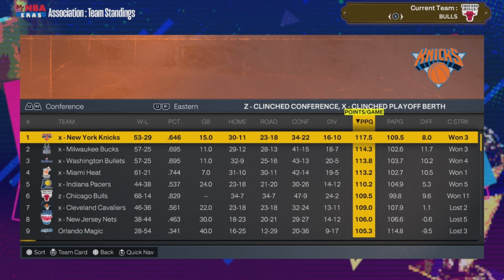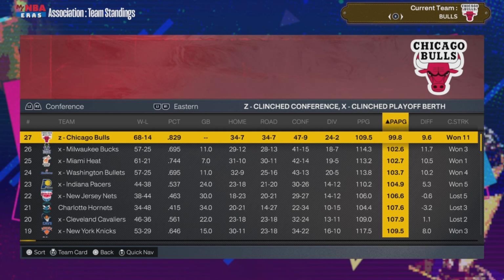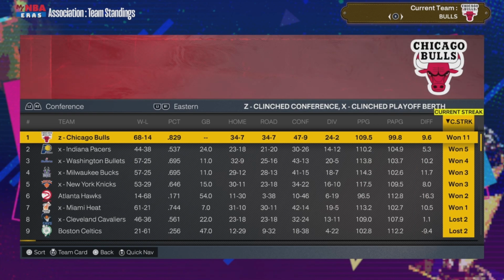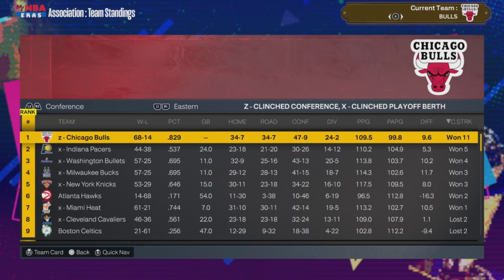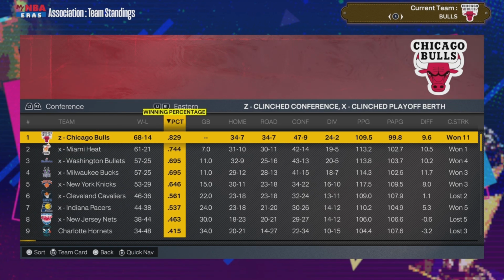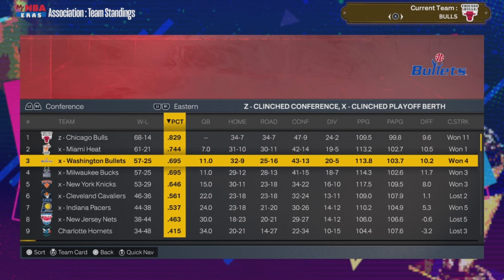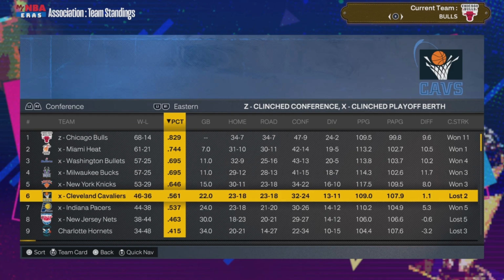The Nets make the playoffs ultimately, so that's good for them. The Hornets missed out by a few games, so that is the story of the Eastern Conference. Do we get to see who ended up being really bad? Yeah, you see the Hornets are at the 9th spot there. The Pacers kind of underwhelmed, right? 44-38, 7 seed. That's kind of surprising.